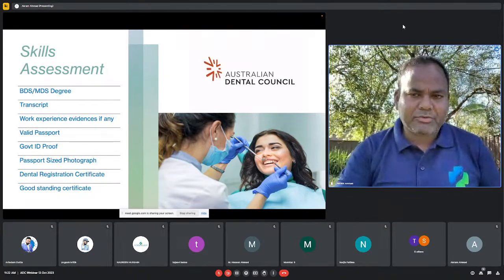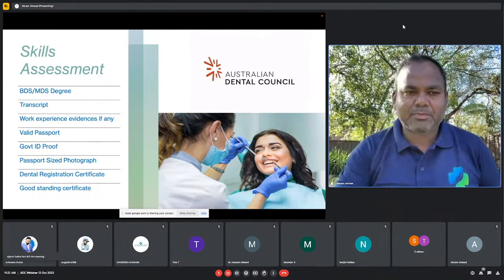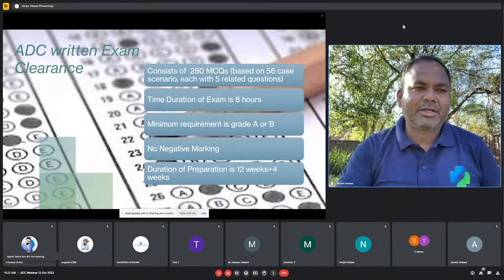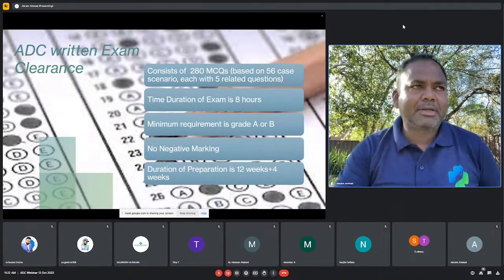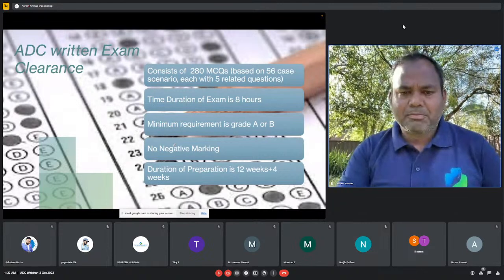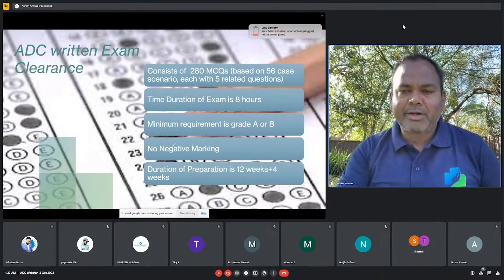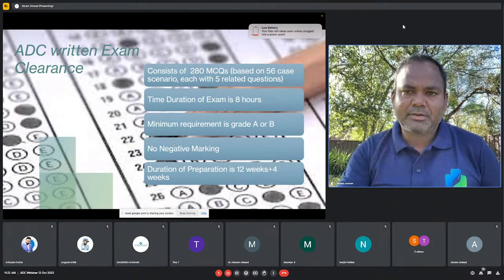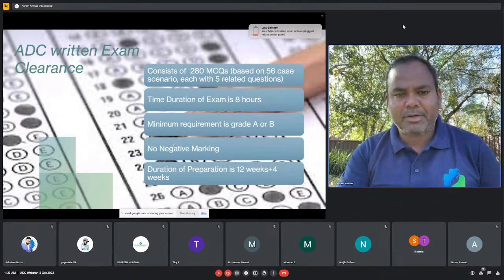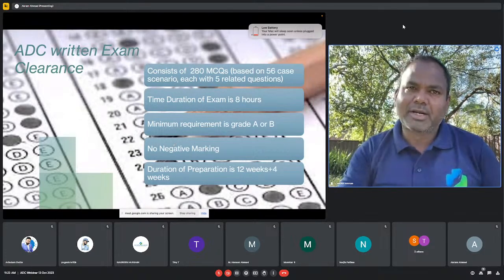So all these documents are required from your side to submit to the Australian Dental Council to complete this process, and then you need to write this ADC exam. This exam they conduct twice yearly, in March and September. For this exam there's no negative marking, and the passing marks require grade A or B. We will provide you the coaching for this for around 4 months. So easily you can crack this exam within 4 months. At least you need to study 4 hours per day for 4 months. You can crack this exam easily,